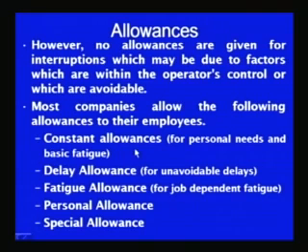Some of them are constant allowances, which are given for personal needs and to overcome the basic fatigue, while delay allowances are given for dealing with situations because of which work is stopped due to the lack of material, lack of availability of the instructions or the job, or the lack of availability of the machine itself due to breakdown. Personal allowance is given to fulfill the personal legitimate needs of the body and to overcome the basic fatigue which will occur during the job. Normally 5% allowance is given